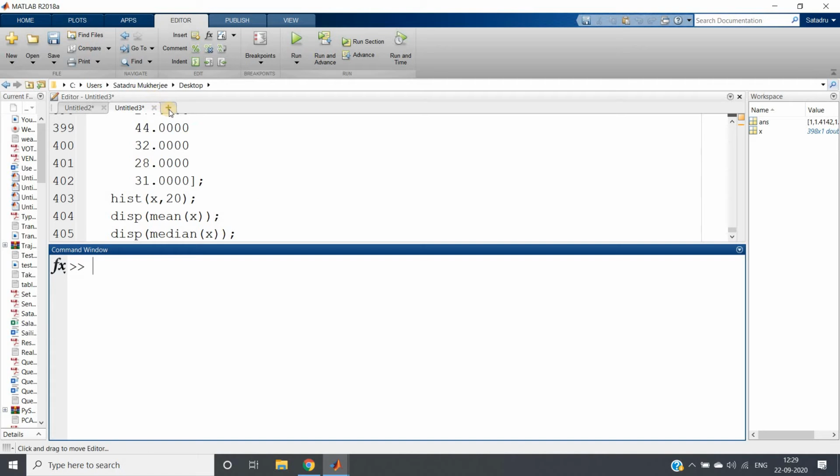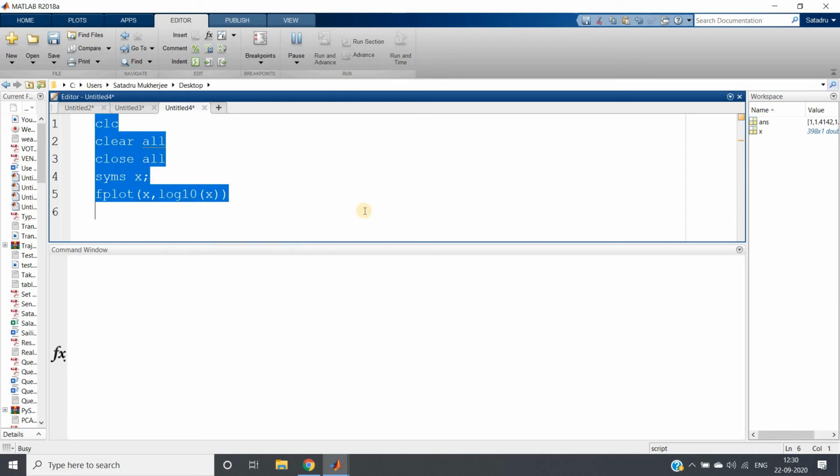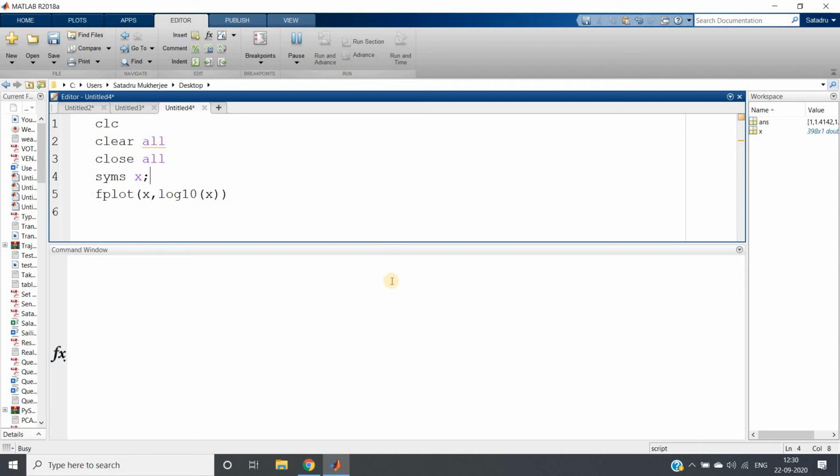And why this is happening, you can clearly get the idea if you just draw the graph of square root or log. Okay, clc, clear all, close all, syms, symbolic expression I am using, syms x. Then fplot for plotting the symbolic expression x and log 10 base x. If I just run Control A and evaluate selection, see what kind of graph of log x we are getting, where the base is 10. Obviously it is going to take some time, because we are plotting a symbolic expression, right?